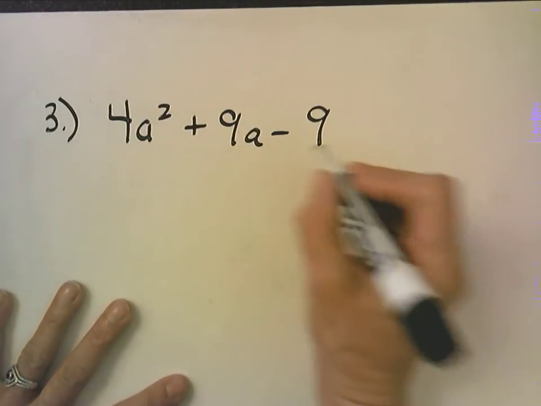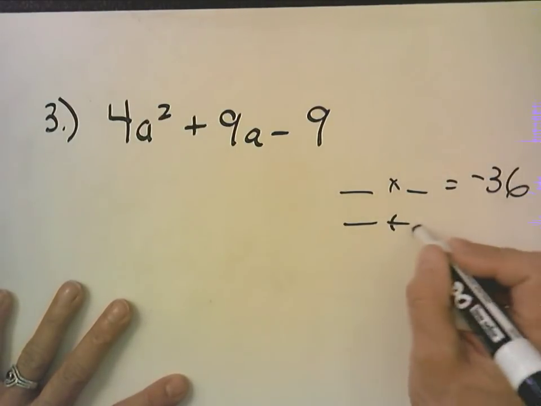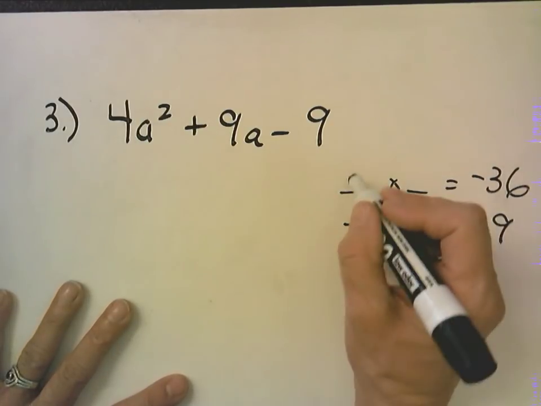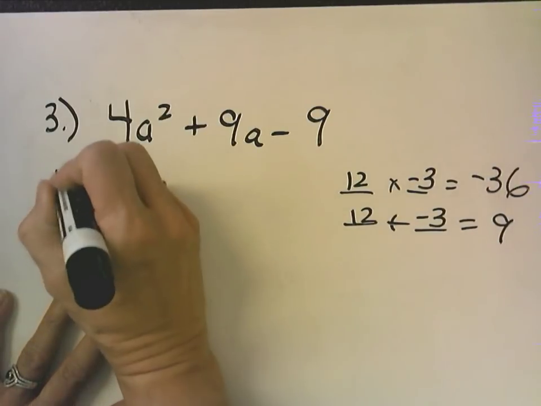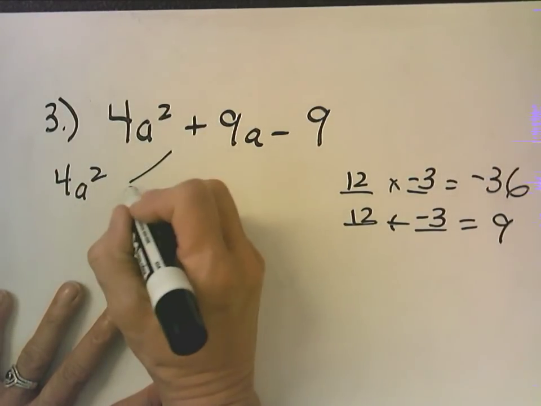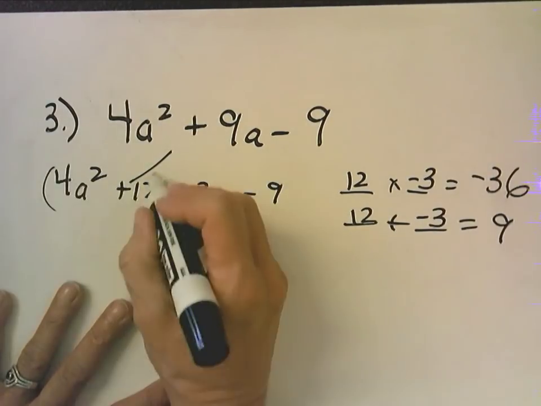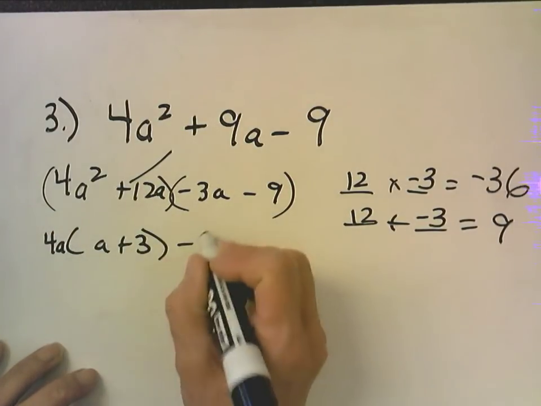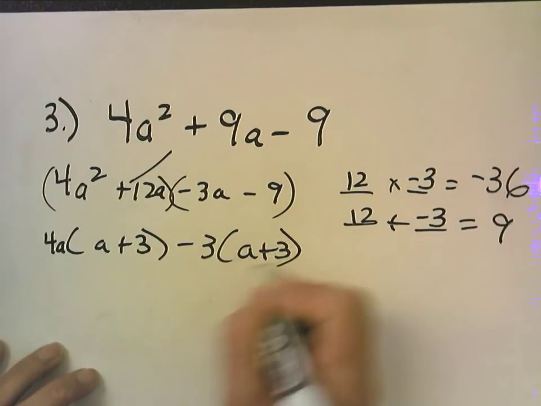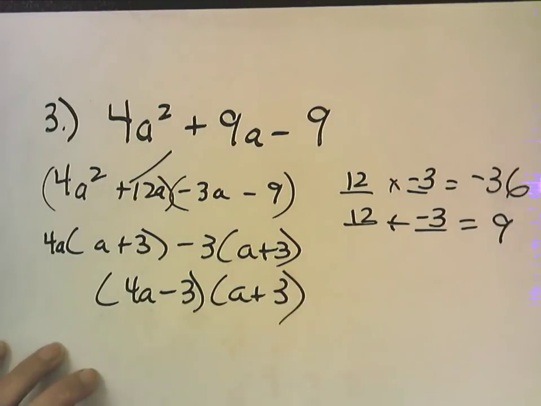So I'm going to multiply 4 times negative 9 to get negative 36, but add up to positive 9. So that would be positive 12 and negative 3. And I get 4a squared plus 12a minus 3a minus 9. Factor by grouping. 4a, a plus 3, minus 3, a plus 3. So I have 4a minus 3 times a plus 3. And for number 4,